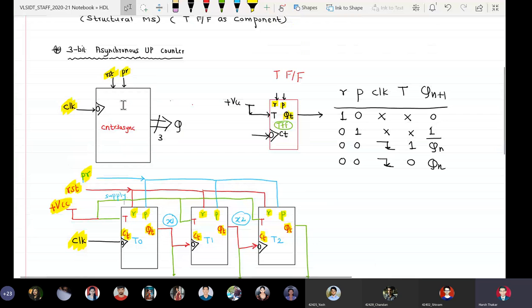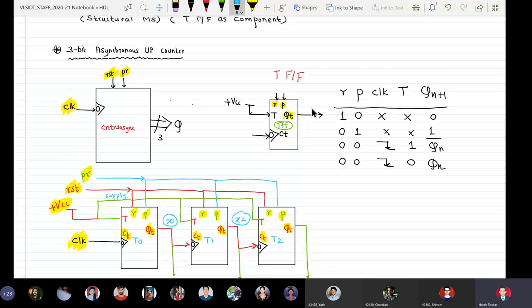That means what we have to do, see, there is a problem here. We have done a fundamental mistake. If T flip-flops come together to make asynchronous counters, you never raise this doubt: because there is reset and preset in the parent entity, we have corresponding R and P in the child, and because we have Q, one of the bits is also a part of the output of the T flip-flop. We have clock in the parent entity, we have CT, right? So there is a one-to-one correspondence between the signals, is it not?